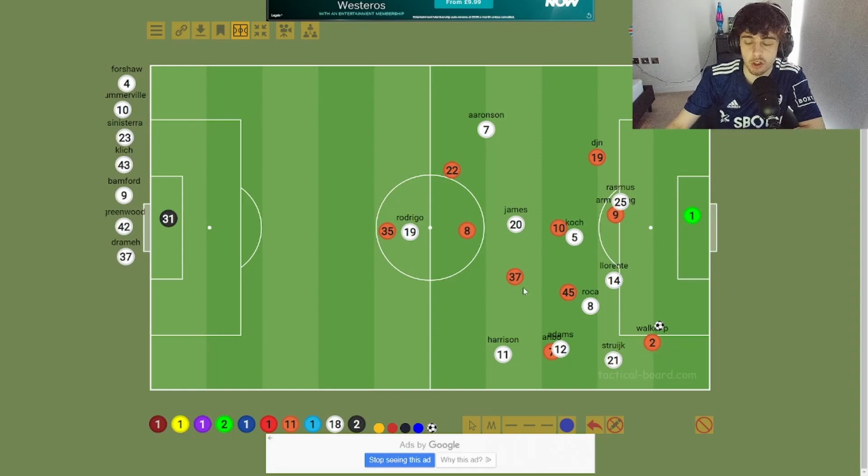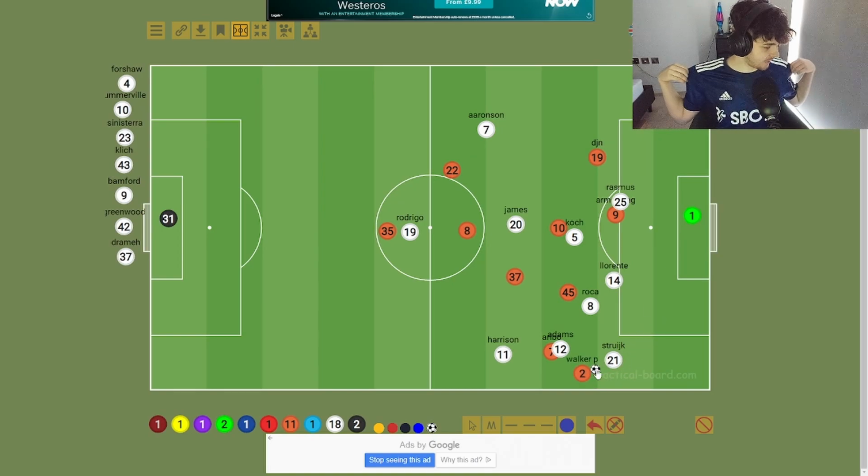But having said that, Walker-Peters and Strike played the same amount of time. So why is Walker-Peters fitter than Strauch? That's what you got to question. You know, I think in terms of fitness, I get it. But at the end of the day, a lot of these Southampton players, Walker-Peters, played 90 minutes as well. Gineppo was tearing us apart in the second half. He'd started. Walker-Peters had started. Lavia had started, and they were fine. Our players looked tired, and obviously that's to do with the press. So it's about negotiating the press, I guess, right?